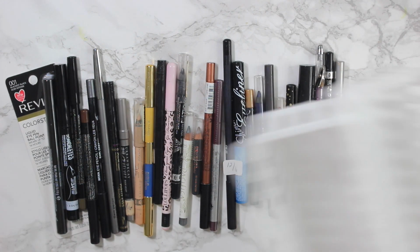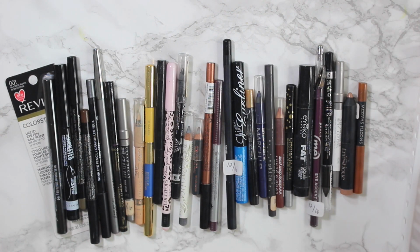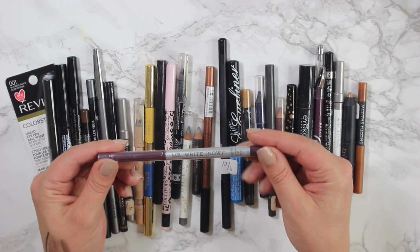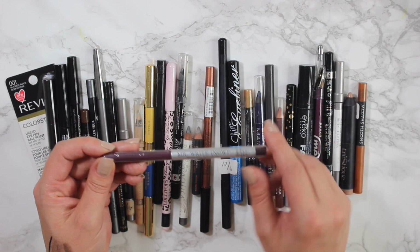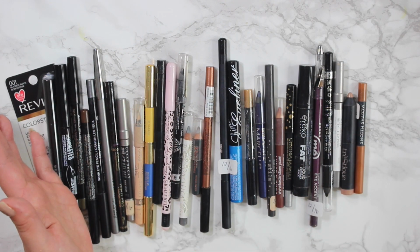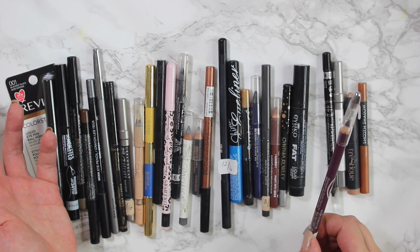Now let's go ahead and use these little baskets here. So I'll put the keepers in one and the giveaway in another. So this one, like I said, is unopened. It is from the Balm and it's called Mr. Right Now, and it's in the color Scott, which I believe is this lavender shade. Very pretty, and I would probably want to use it or at least try it or swatch it for you